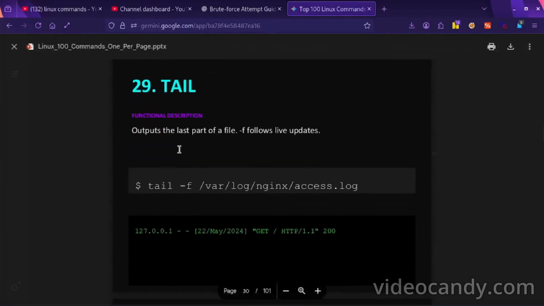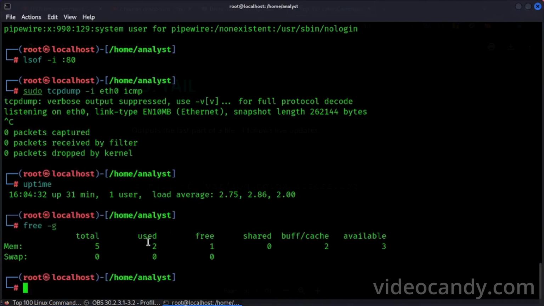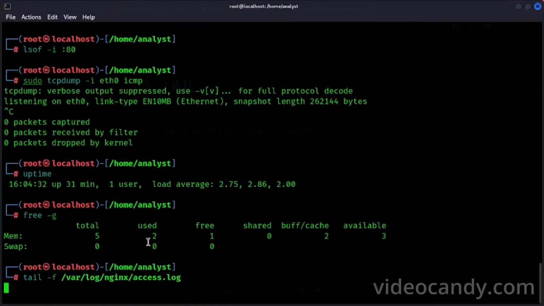tail, output the last part of a file. -f follows line updates. Okay, if we want access logs, this will tell you.